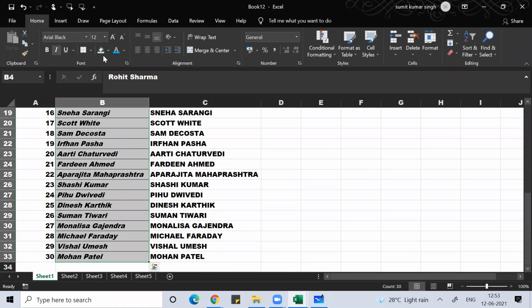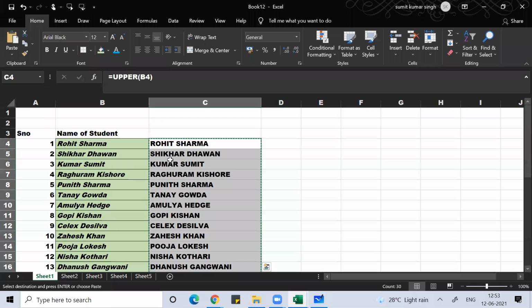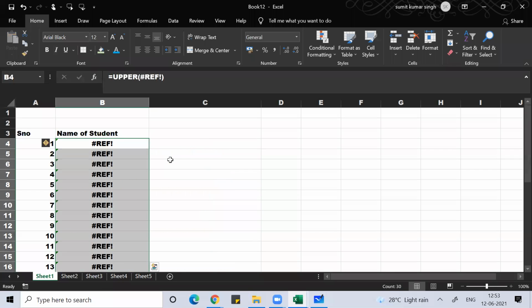Can you understand what I'm doing? For example, I want all the names in capital letters only. So remove what is in proper order and put all the names in capital letters. I selected everything, Control X, then Control V. If I do Control V, I'll get an error. Can you see this? I'm getting an error, guys.